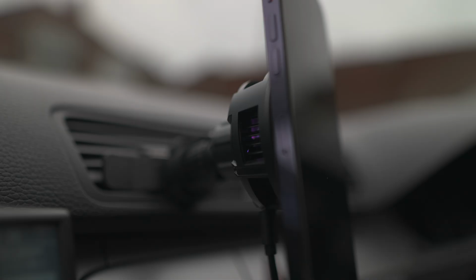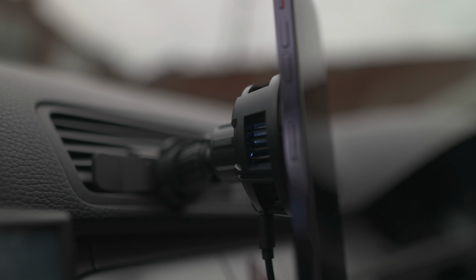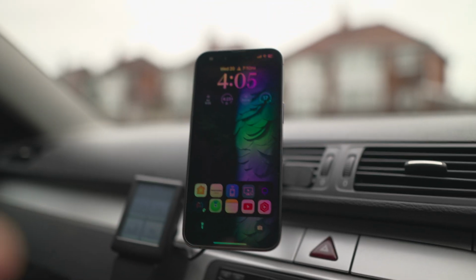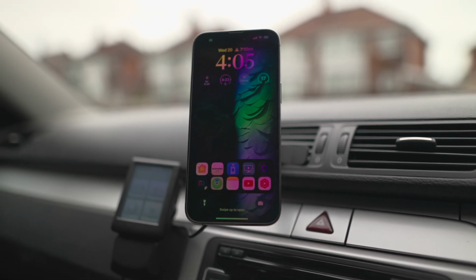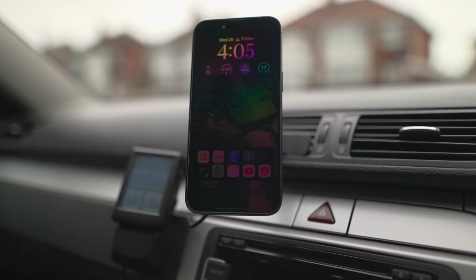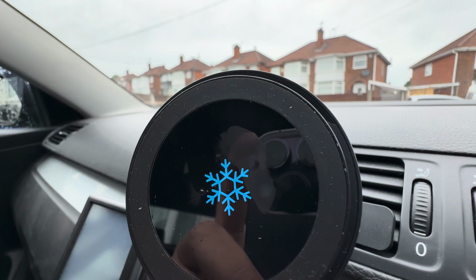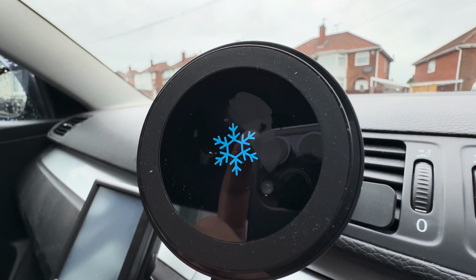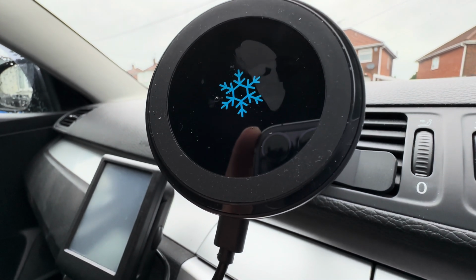And yeah, all I can say is until you've had a car charger like this that is actually cooling the phone down, so that part there on the back of the phone is actually a lot cooler than what you would normally expect whilst using wireless charging. And obviously the bonus of this is whenever you use wireless charging, the phone always heats up. This is actually making the phone cooler than any other form of charging, aside from maybe trickle charging with a 5-watt charger. So yeah, this is a massive win for me, and this is a product that I would highly